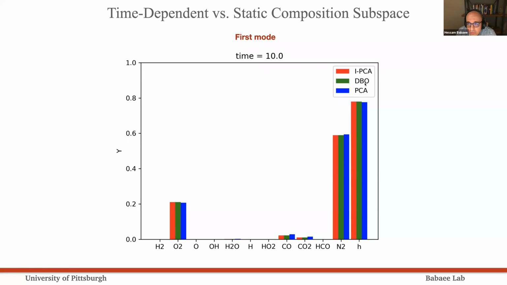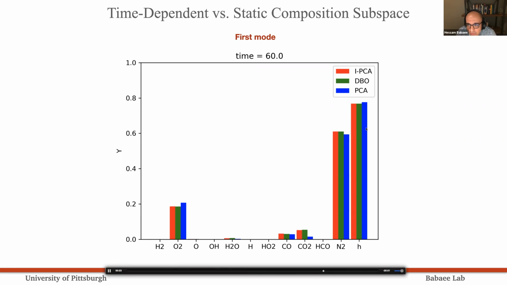And so this is what is extracted by this model-driven dimension reduction. And we always show the IPCA because this is the optimal. So if you track IPCA, that means we are actually approximating the optimal basis here. And as you can see, the PCA is not changing in time because that's static here. These bases in the composition space are actually changing in time, and the DBO is closely approximating the instantaneous PCA.